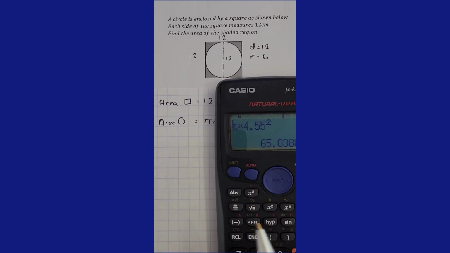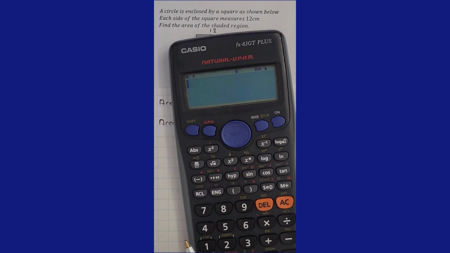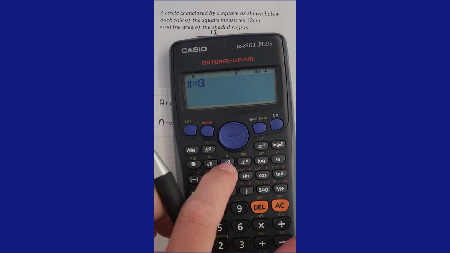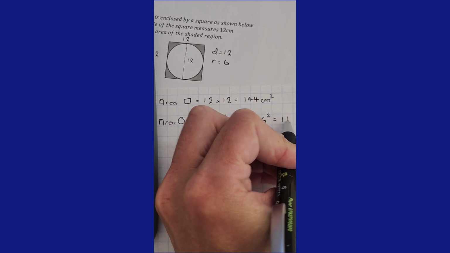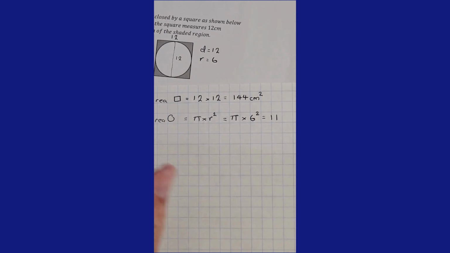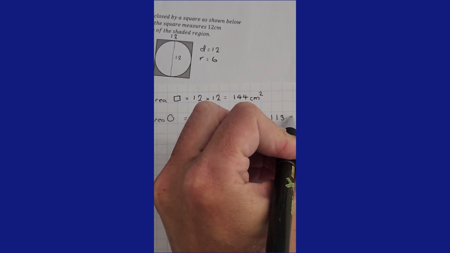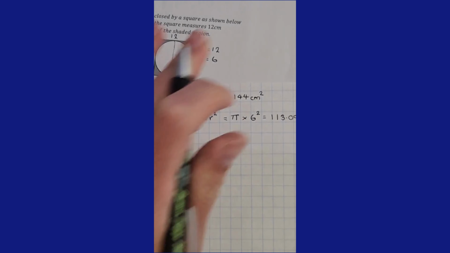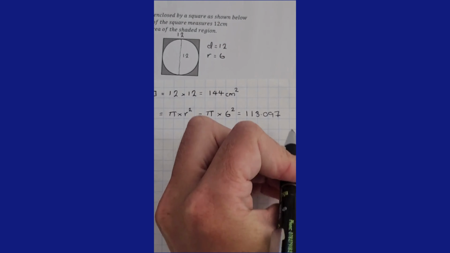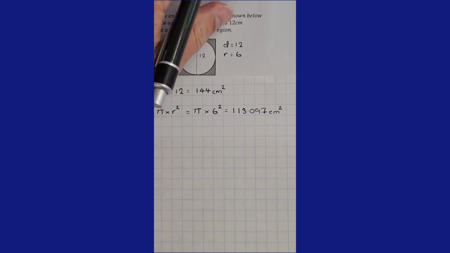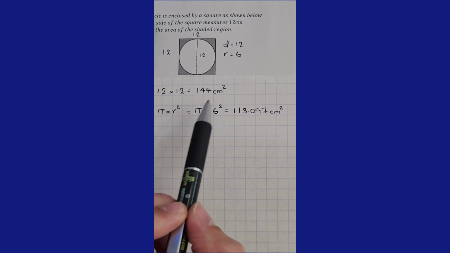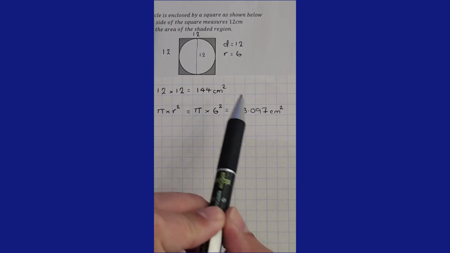Again, not expected to know that. So shift and then pi, going to multiply it by 6 squared. Going to get an answer of 113.097. If you can just about see that, that's the area of my circle. So what we're going to look to do is the area of my square is 144. The area of the circle is 113.097,